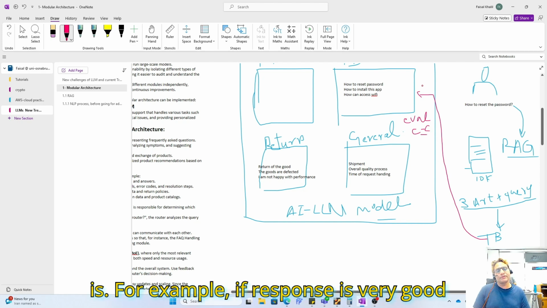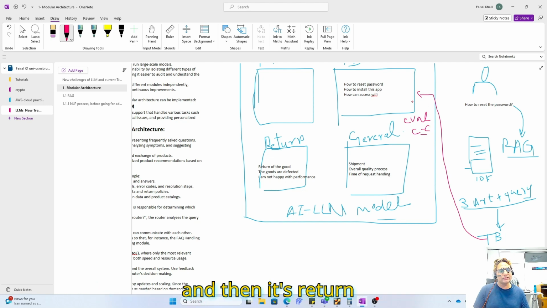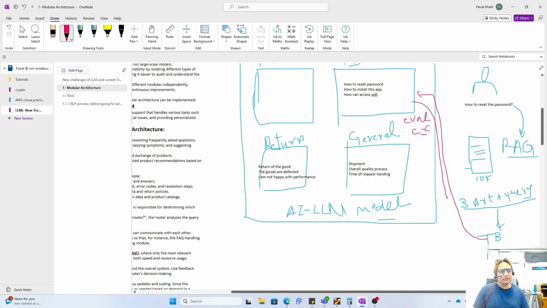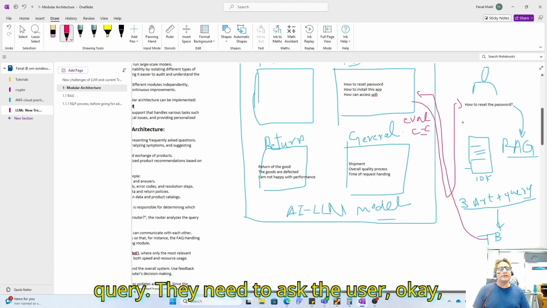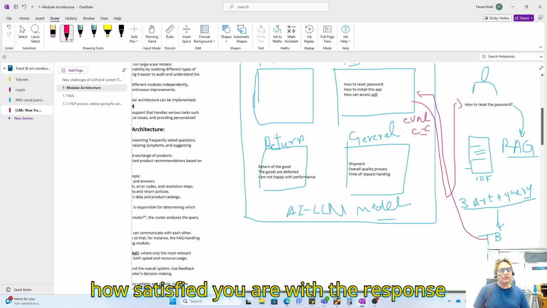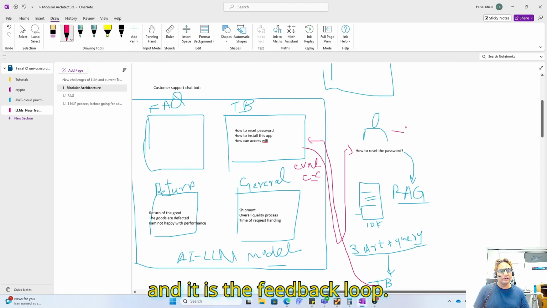For example, if the response is very good, then it's returned to the user. So this is the query. Then it asks the user, okay, how satisfied are you with the response, and it is the feedback loop.